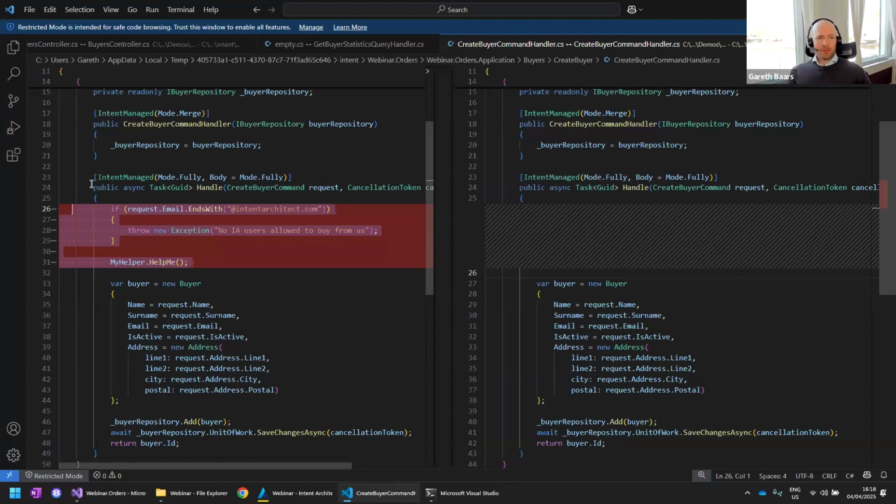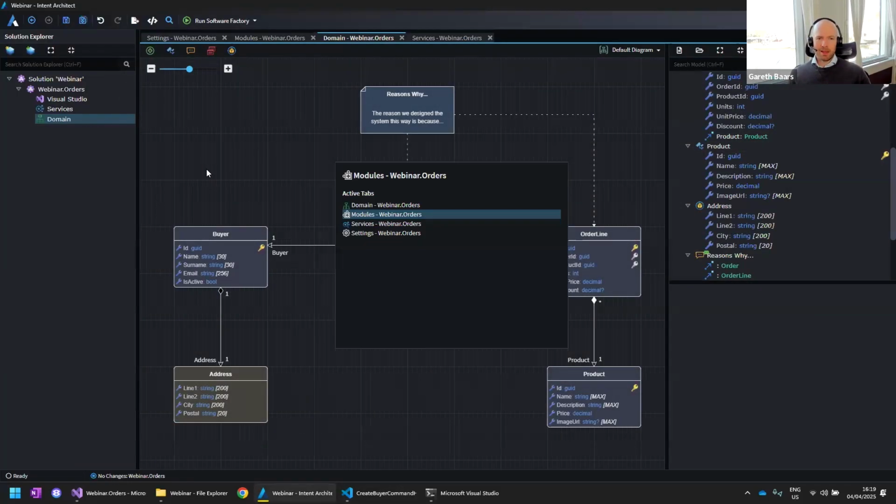All right, and neither of those options are really acceptable from our perspective at Intent Architect, and that's where these code management systems come into play. Now, before I get into using these, I did mention earlier that they're optional, so let me just quickly show you what I mean by that.